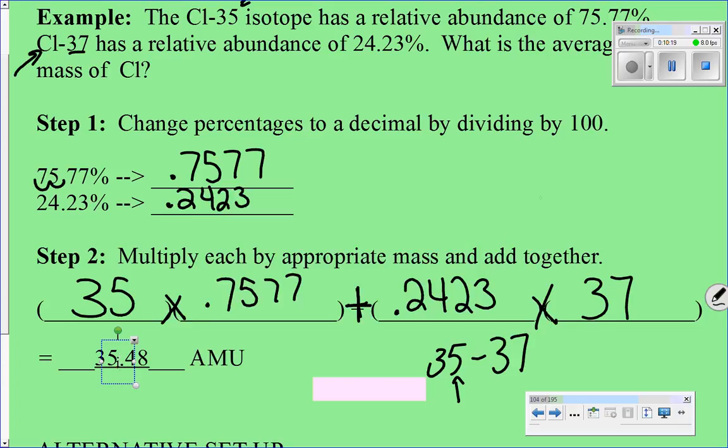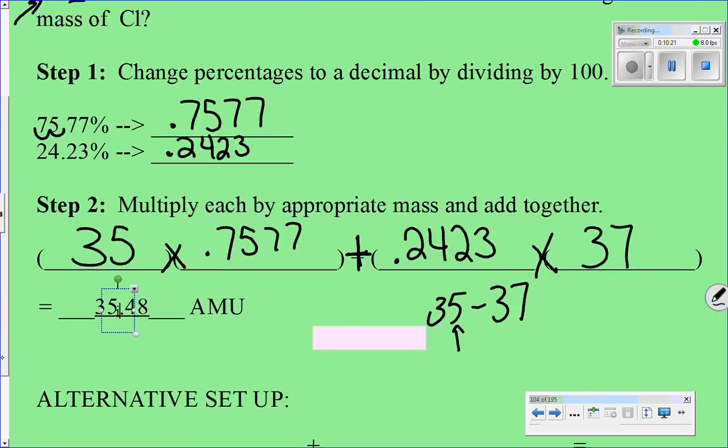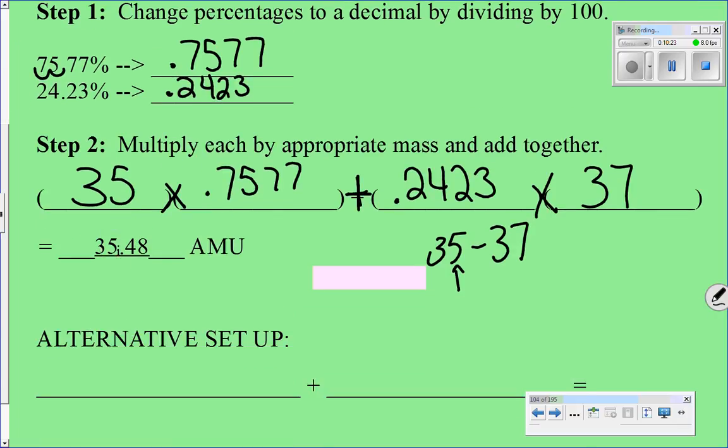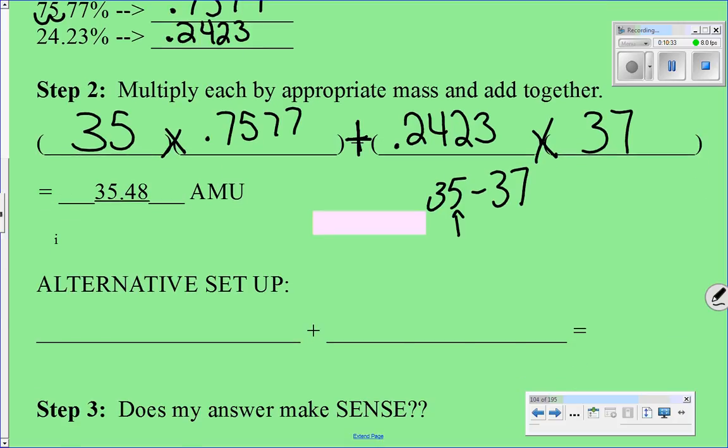So you are going to notice that it's between 35 and 37, and it is a little bit closer to 35. Our alternative setup here, a lot of people like to do this way, rather